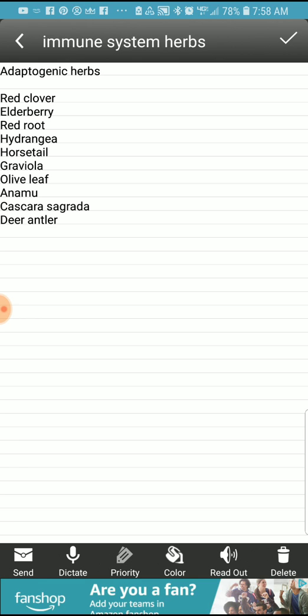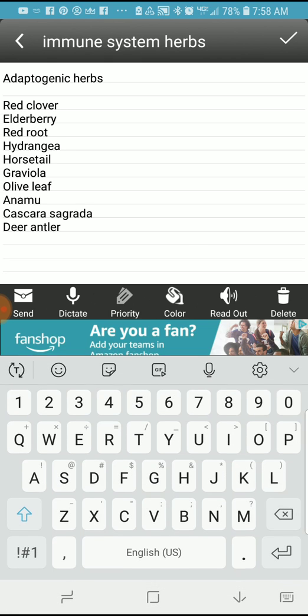Cascara sagrada. This is something that's more for the bowels, but as you're accumulating a lot of dead cells within the body, this can help to sweep out some of those dead cells when you go to the bathroom. And I spoke on deer antler already, like I said, which greatly enhances the immune system, and also too,